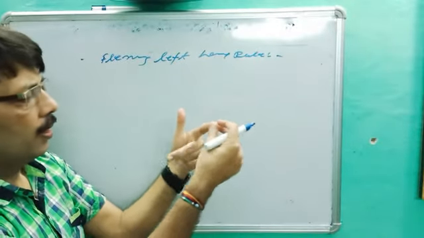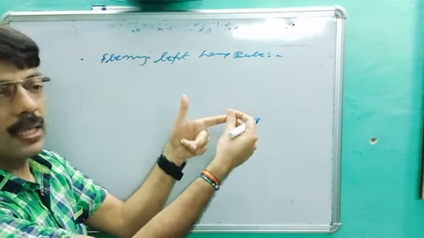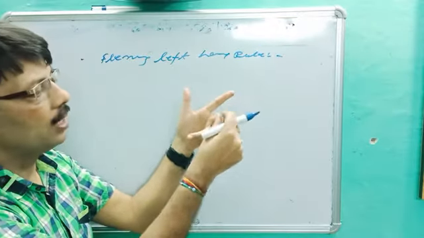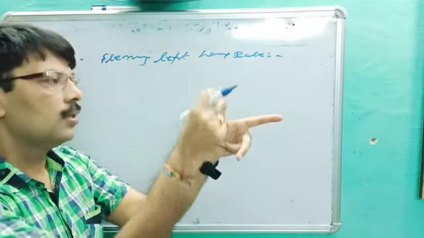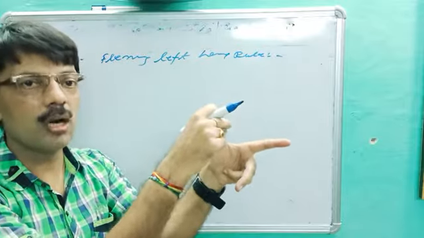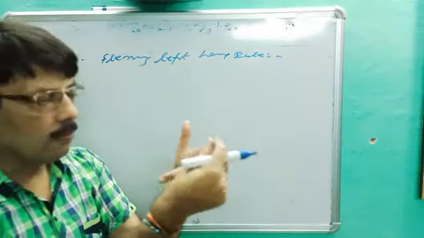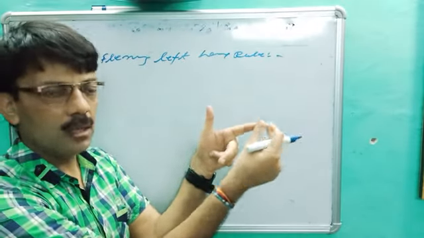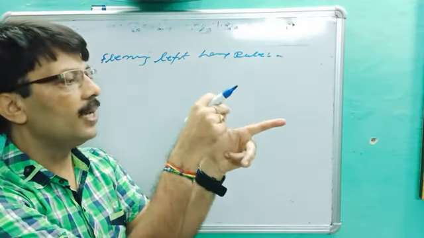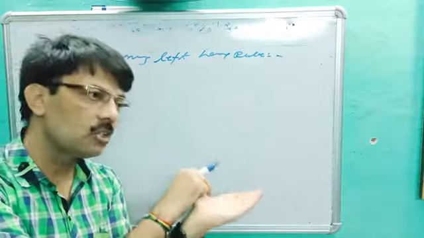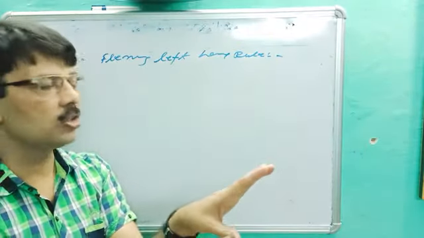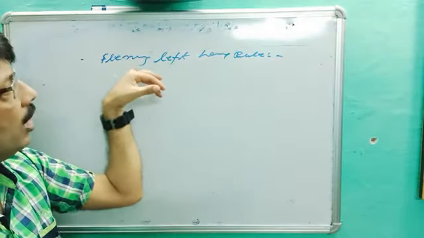So if the forefinger represents the direction of magnetic field, the middle finger represents the direction of current, then the thumb will represent the direction of force. It means in this rule we study that if some conductor through which current is drawn is placed in a magnetic field, then it will experience a force. So a charge can experience force as well as a conductor. That rule is called Fleming's left hand rule.